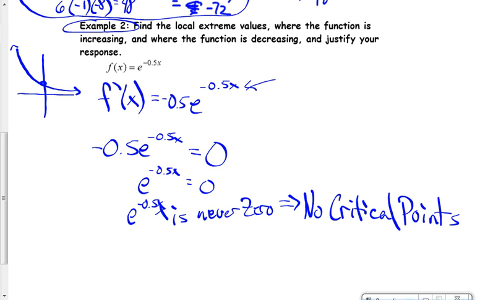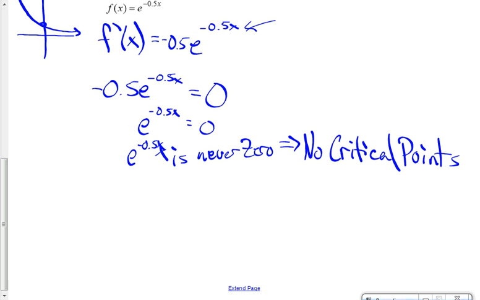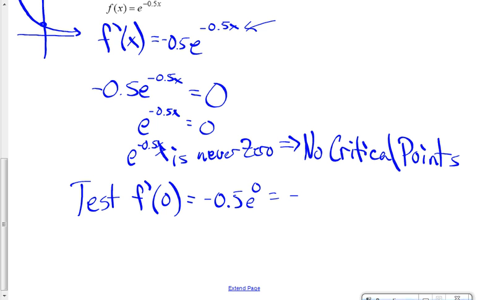Okay, but here's how you defend it as a calculus argument. There's no critical points, so we need to test an f prime value. What's your favorite x value to put into the e function? 0 is a great one. Let's test f prime of 0. F prime of 0 is negative 0.5 times e to the 0 power, which is negative 0.5, which means the graph is,